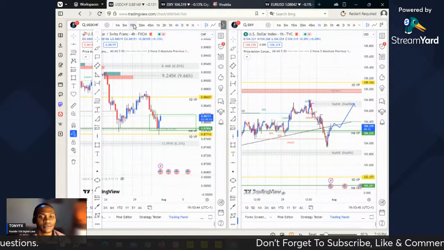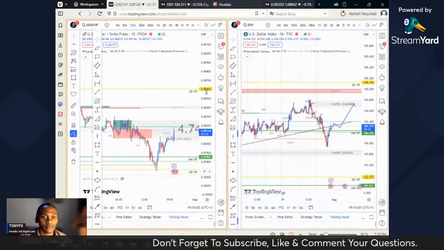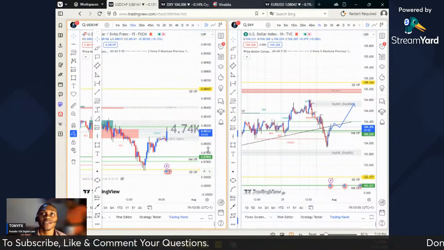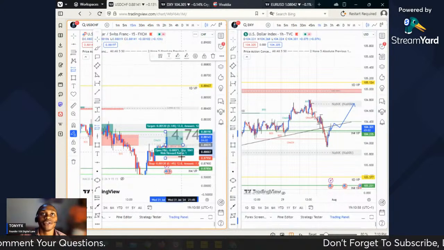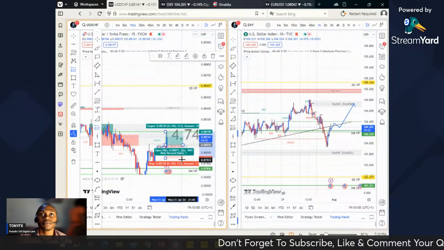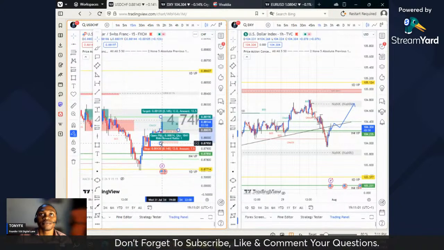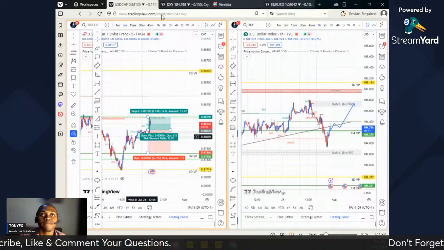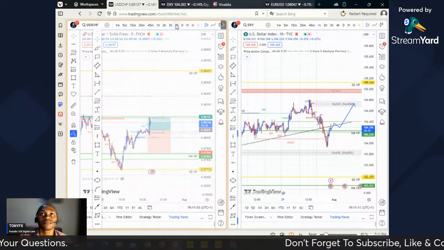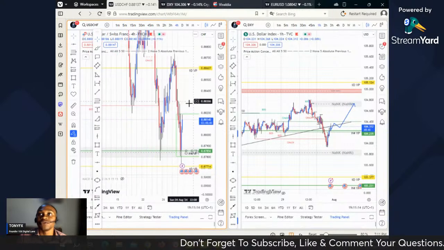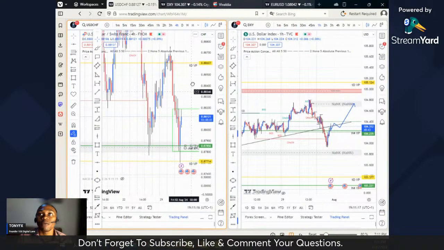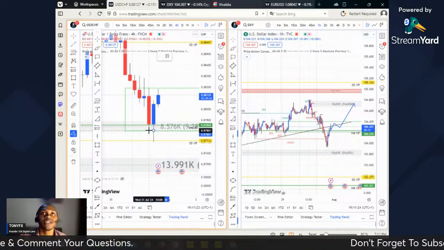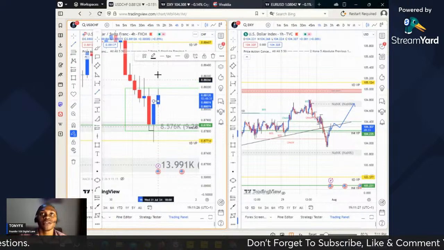So for USDCHF, I see there is a high chance of the market moving more to the upside. We have a change of character already. The dollar is gaining some ground. So I expect USDCHF to gain some strength and move more up. The dollar to gain more strength and move more up. This is the Judas swing, this is the change of character.